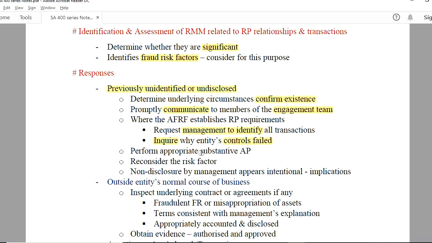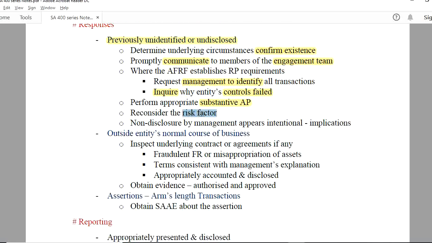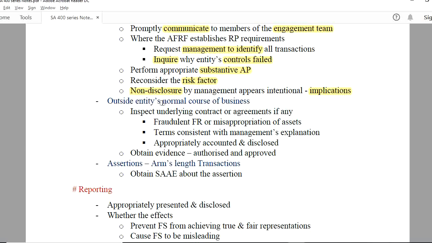He shall perform appropriate substantive audit procedures on such newly identified related party transactions. He then needs to reconsider the risk assessment, and in a case where the non-disclosure by the management appears to be intentional, he shall evaluate the implications of such. So these are the procedures for previously unidentified or undisclosed related party transactions. What happens in a case where a related party transaction has been carried out which is outside the normal course of